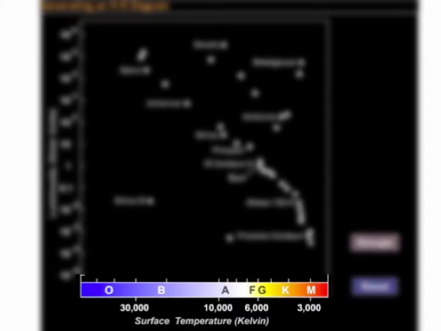And in the last mini lecture, we also learned about the stellar spectral sequence, OBAFGKM, and we learned that that tells us also about a star's temperature. O stars are hot, M stars are cool, and the rest scale in between. So in reality, we can plot any one of those three things on the x-axis. The temperature, with hot on the left and cool on the right. The color, with blue on the left and red on the right. Or the spectral sequence, from left to right,